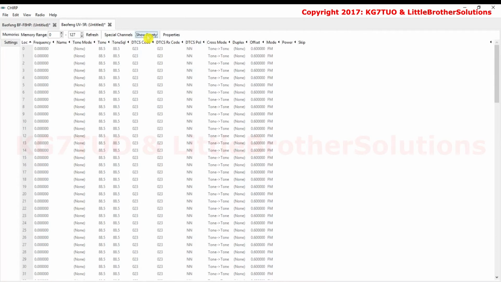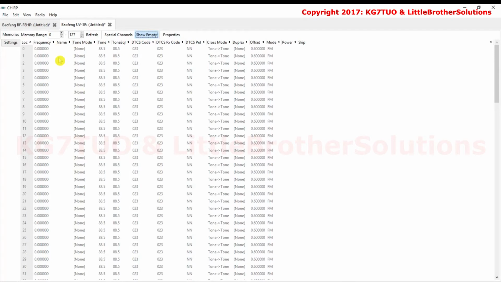So you can now use this image file from the target radio to make changes, insert memories for repeaters, duplex and simplex channels, and then upload the file to the radio. You can make changes while the radio is still attached, or you can turn off the radio, disconnect it, and upload the image later. So I'm going to leave the radio plugged in and turned on. We shouldn't have to reset that. So when we're done with this file, building it, we'll be able to just simply hit radio and upload it.